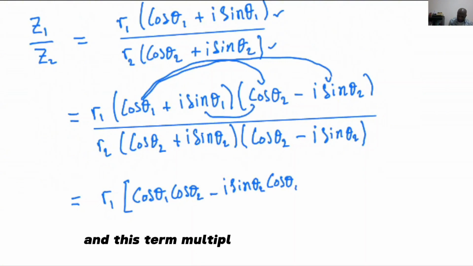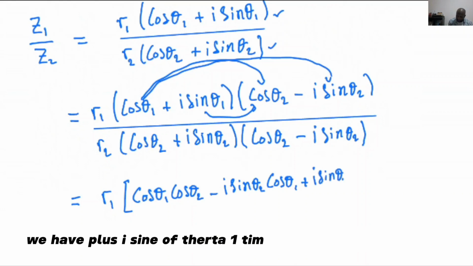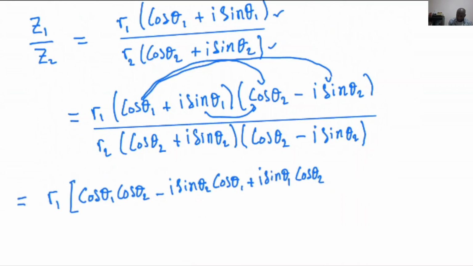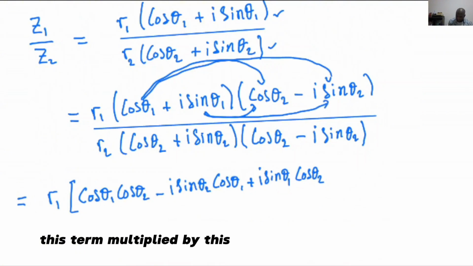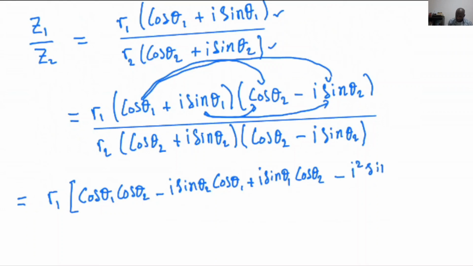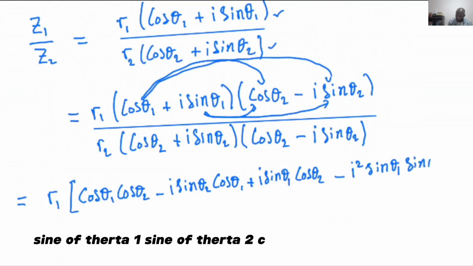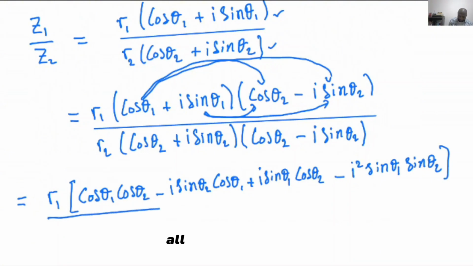And this term multiplied by this term, we have plus i sine of theta 1 times cos of theta 2. And then this term multiplied by this term, we have minus i squared sine of theta 1 sine of theta 2. Close the bracket. All of this